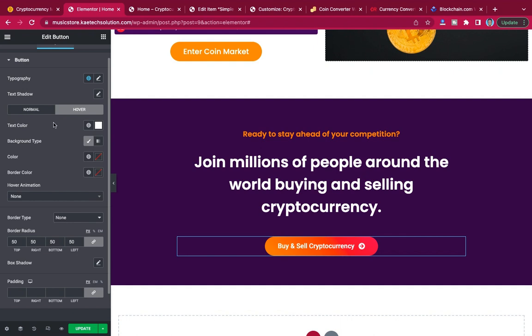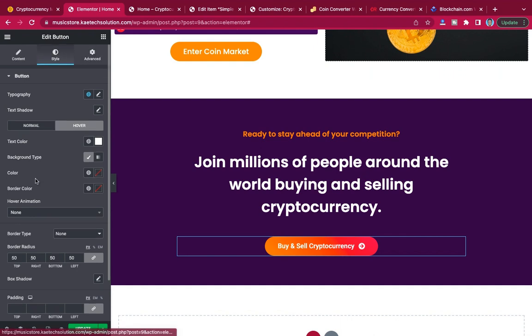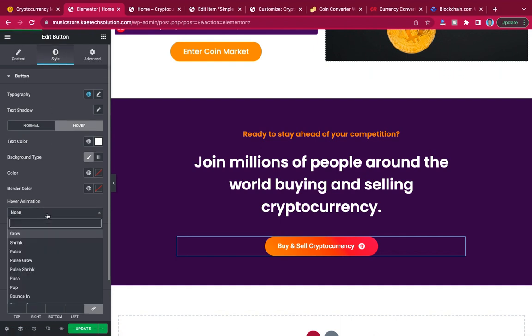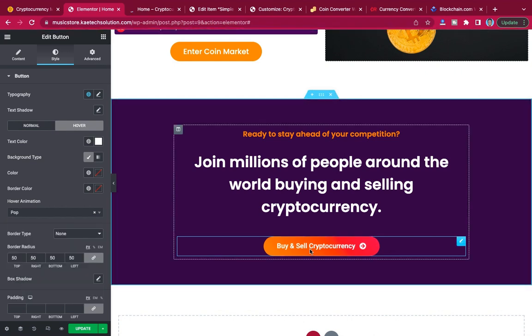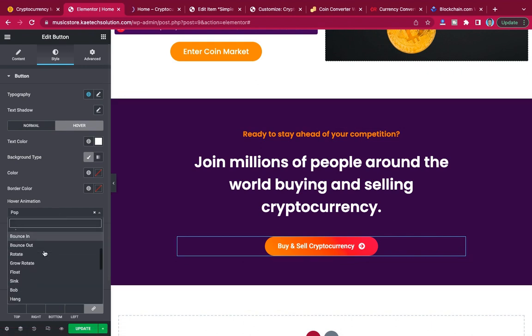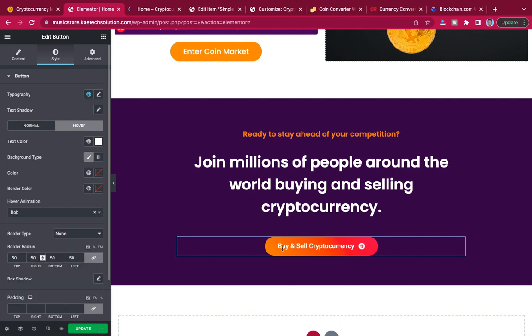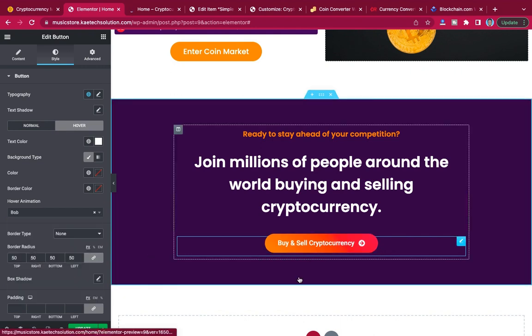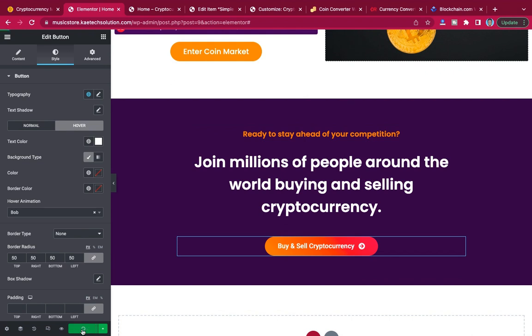So it is on style. Okay, over here, hover animation. So make sure that, let's check this one. Okay, not this one. It's supposed to be Bob. Yeah, Bob. Yeah, so as you can see here, when you hover on it, it's supposed to be doing this way. Okay, exactly what we want. So just click on update